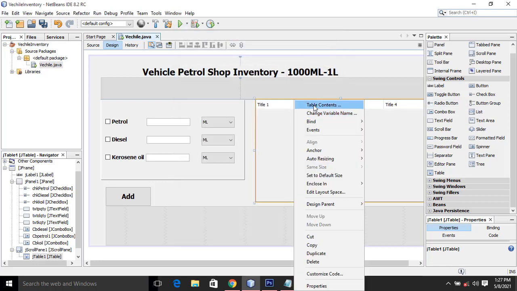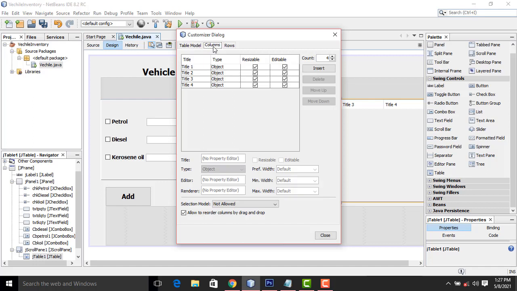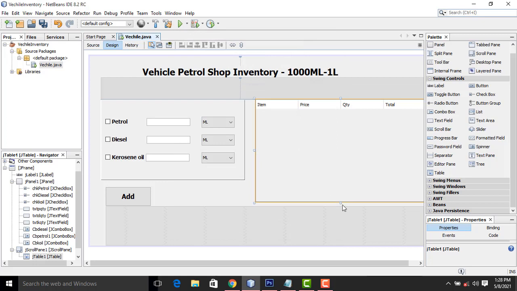You have to name the columns: the first one should be item, the second one should be price, the third one should be quantity, and the final one should be total. Close it.